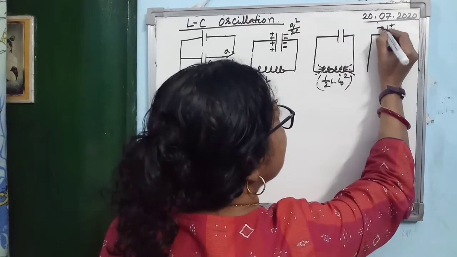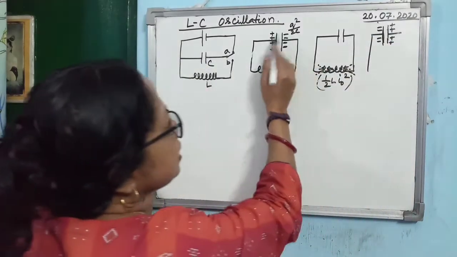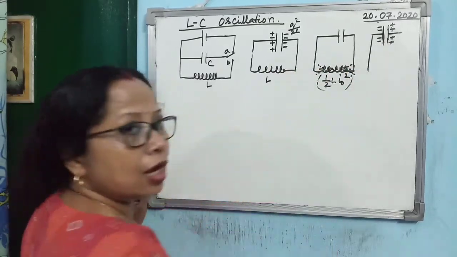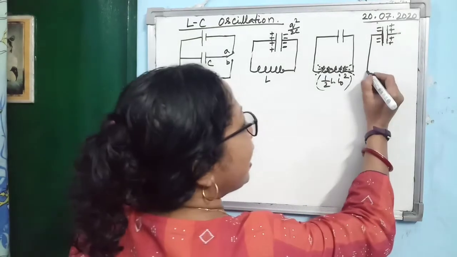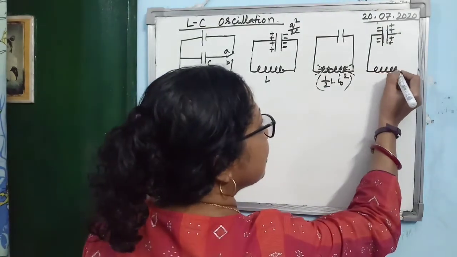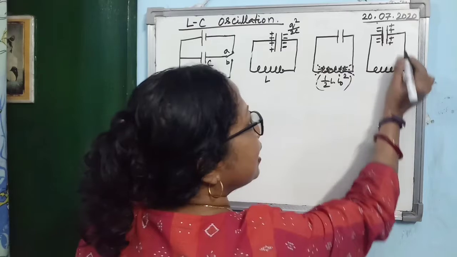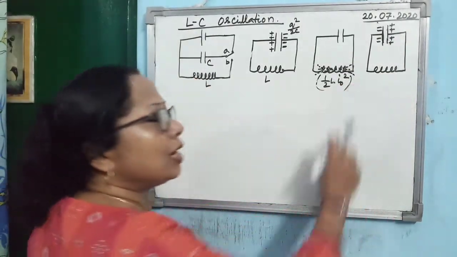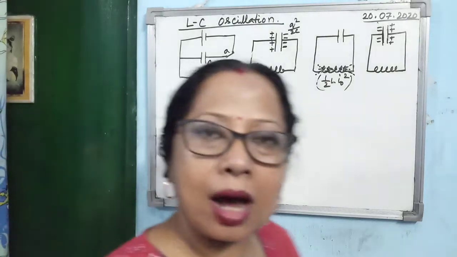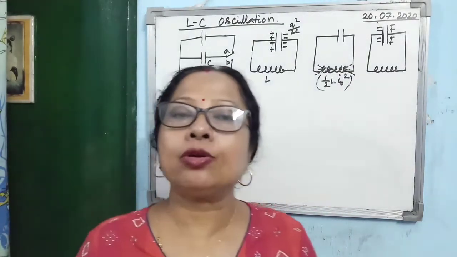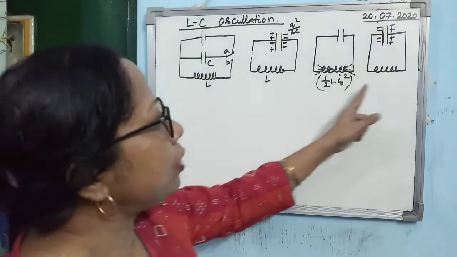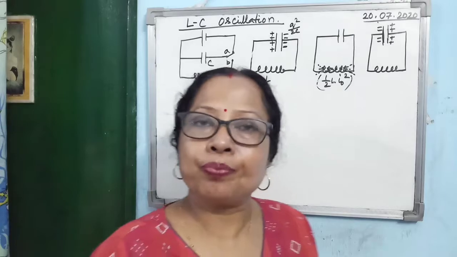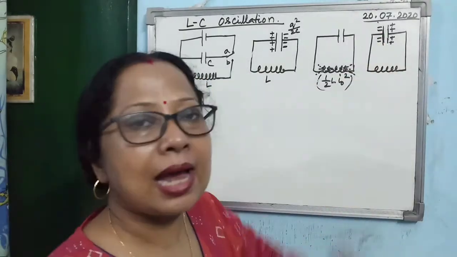So you see here what is happening to the capacitor now. The capacitor is getting charged, but charged in the opposite direction. By the time the capacitor gets fully charged, the energy will be transferred to the capacitor, and the dying magnetic field within the inductor will die down completely. The magnetic field will become zero. So what will happen to the energy of the inductor? The energy of the inductor becomes zero.